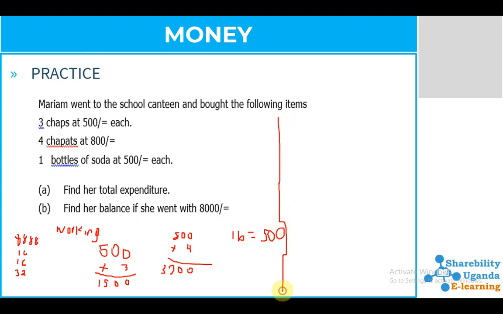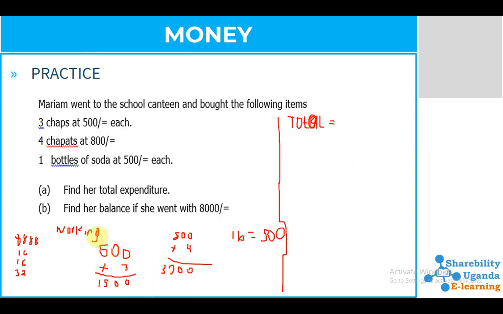Okay, they want us to find the total expenditure. So here we shall be able to say our total expenditure will be equal to, now after I made some multiplication here, because they want us to find the total, here we shall involve the knowledge of addition that we started in our first video. So we can arrange this according to